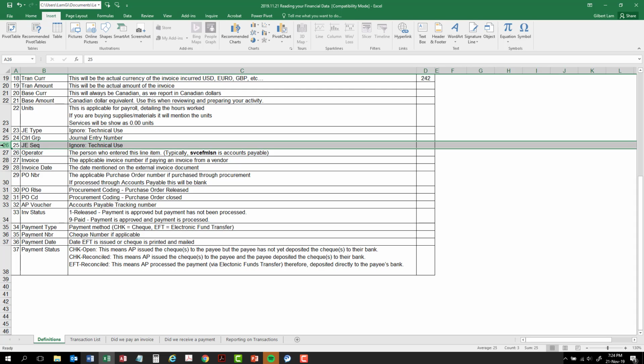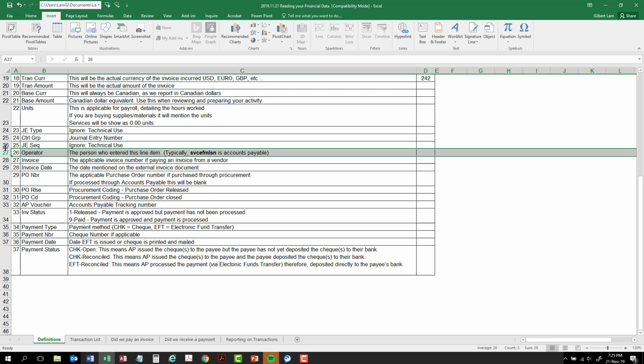Journal entries sequence. You can ignore this. This is for technical use only. Operator, the person who entered the line item. Typically,